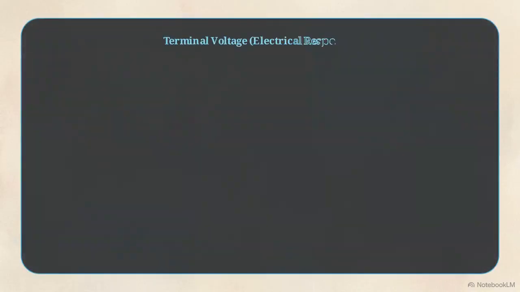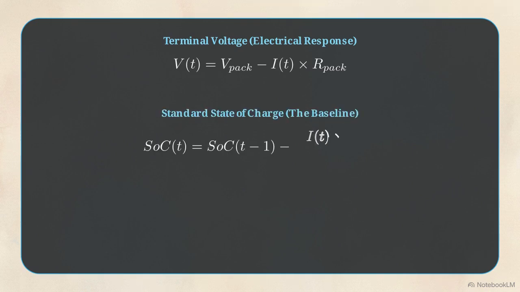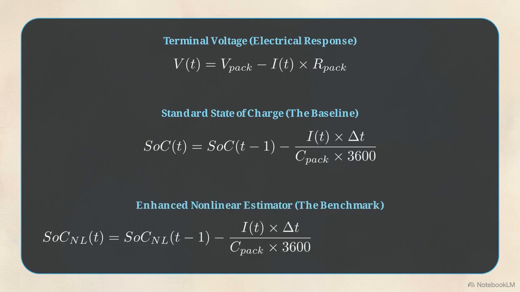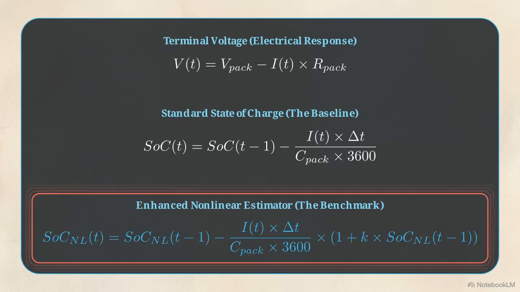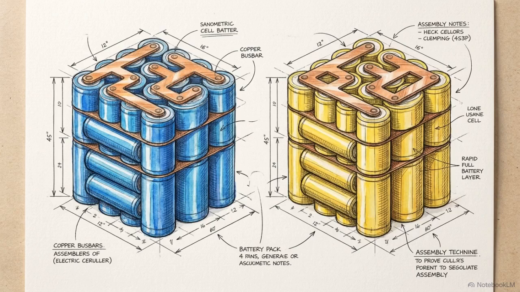The model calculates terminal voltage by subtracting resistive loss from nominal voltage. State of charge uses a Coulomb counting algorithm, integrating current over time. A nonlinear correction model also accounts for SOC-dependent resistance variations, providing a sensitive reference for benchmarking. Locking in these mathematically defined parameters eliminates structural bias, creating a stable reference for evaluating how load severity specifically induces